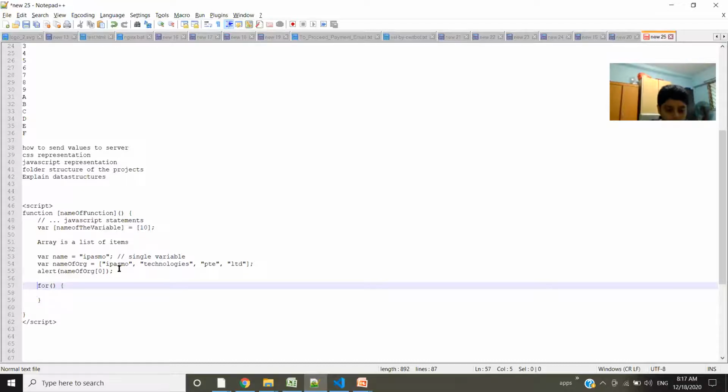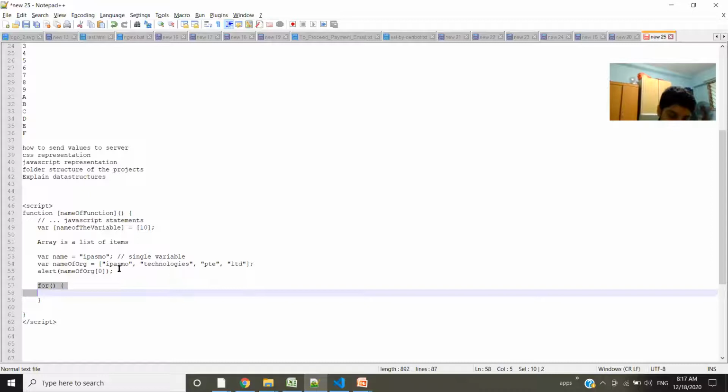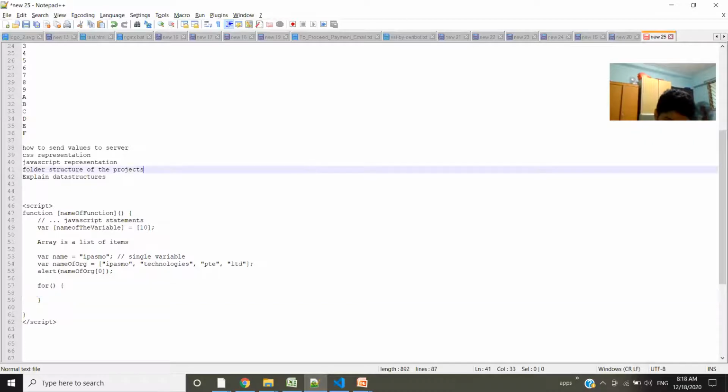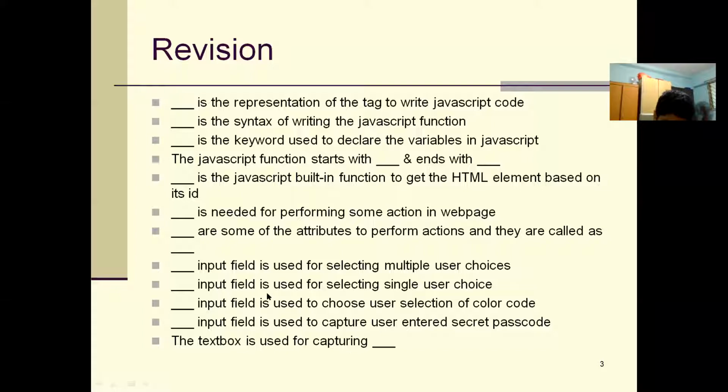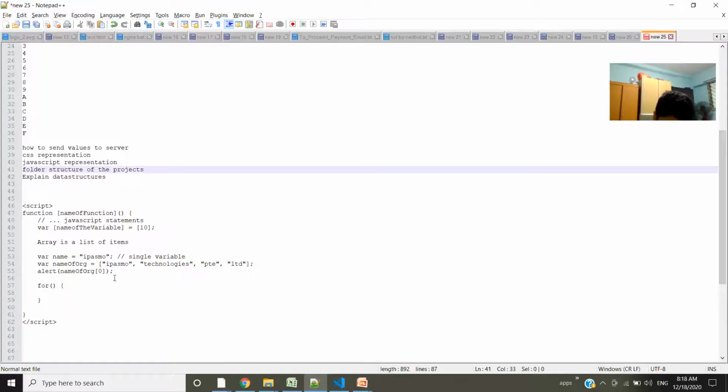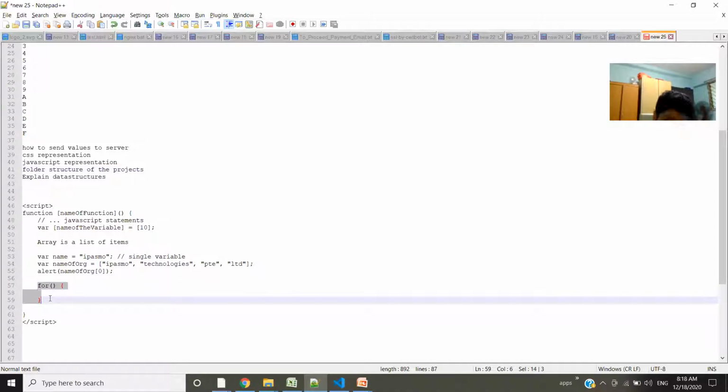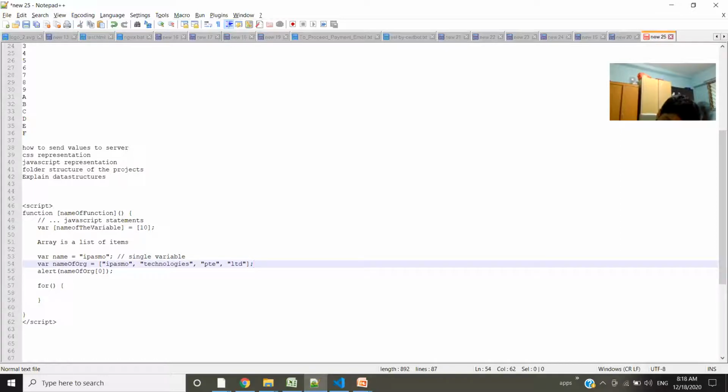A loop just runs one thing continuously. I'm going to explain it in one of the slides, in the events part. When we are learning events, you will come to know how to write this for loop and all. For now, you just focus on the content that we have.